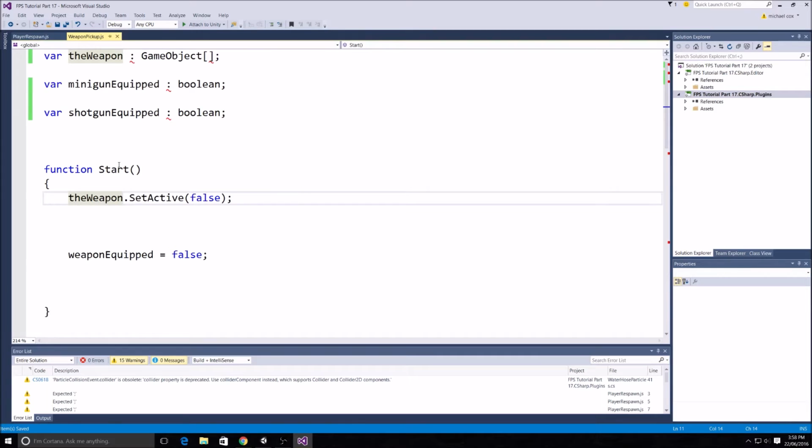So we will need to put in the two same brackets that we use up here for the array, and inside these brackets all we do is press 0. It's that easy. So now it knows that it's getting the element 0 game object out of the weapon array, which is the minigun. So that is cool, and we'll also just copy this